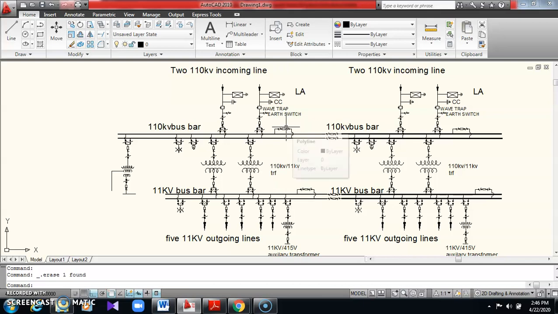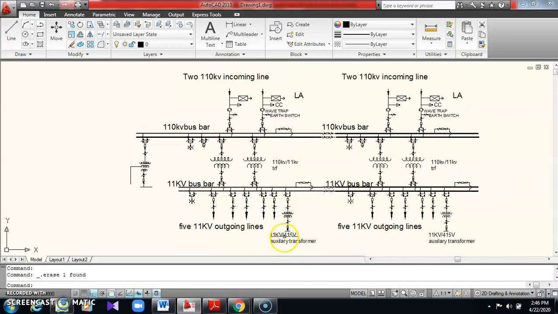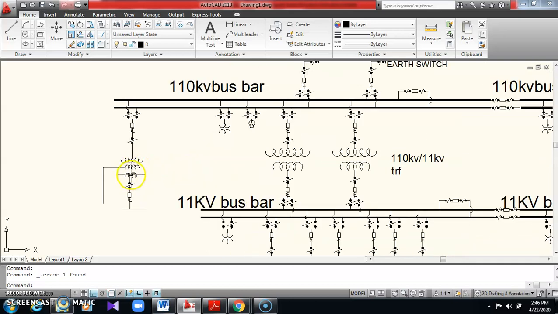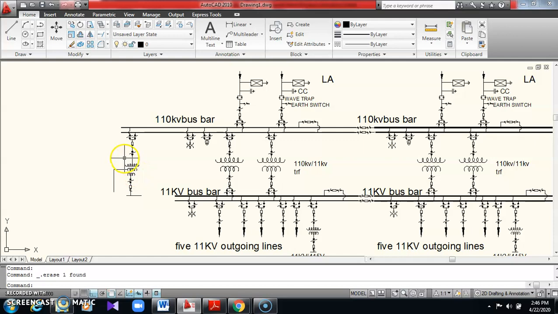Okay, this is the problem. Providing all lightning arresters, all those isolating devices, auxiliary transformers, PT, CT, 3 winding transformers. Getting? Okay, so analyze the commands first, read the problem carefully, and draw a rough sketch, and same thing you draw in AutoCAD using commands. Okay, thank you.